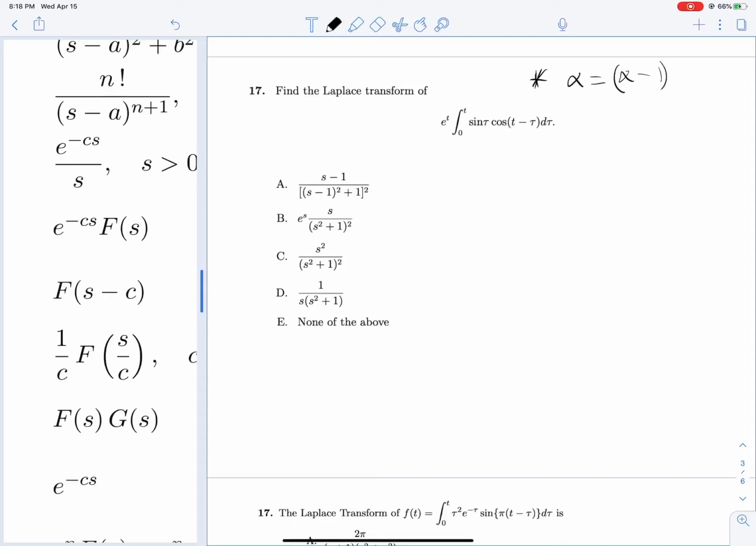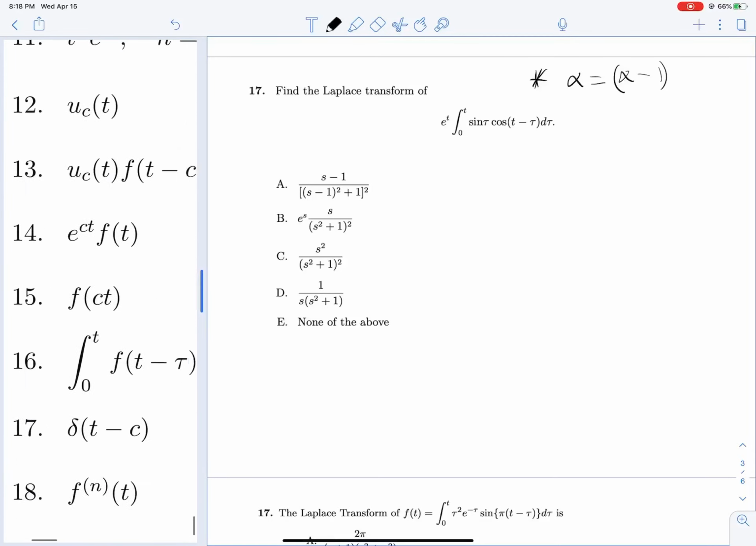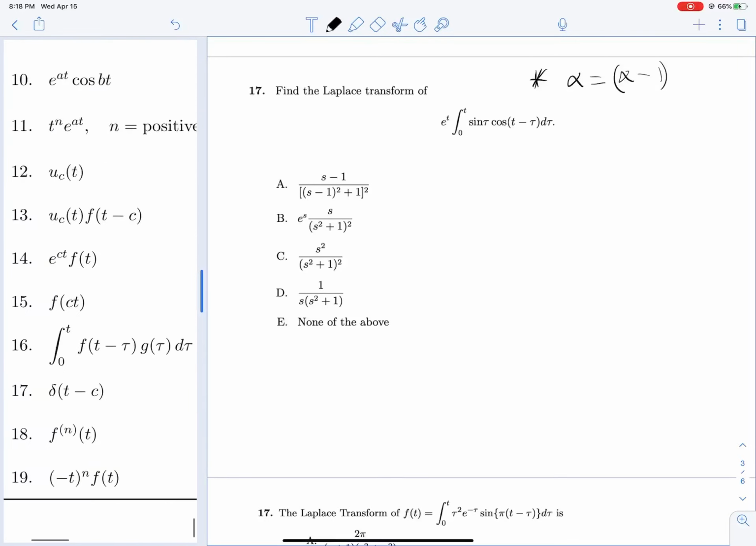That's a good hint that that might be a good answer choice for us. But either way, we're using rule 16. Otherwise, we're going to ignore this e to the t for now. We have the integral from 0 to t of f of t minus tau. That's our cosine of t minus tau. So f of t is cosine of t, and